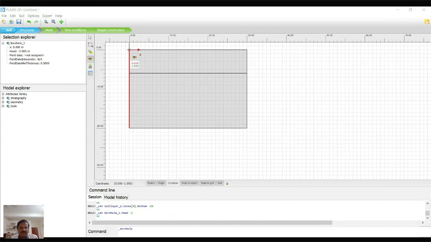Now this is your water table and the pressure has changed. So this is where we can create the different strata. The first strata goes to minus 6 meter depth, the second strata up to minus 20 meters. The material is not assigned for either layer.